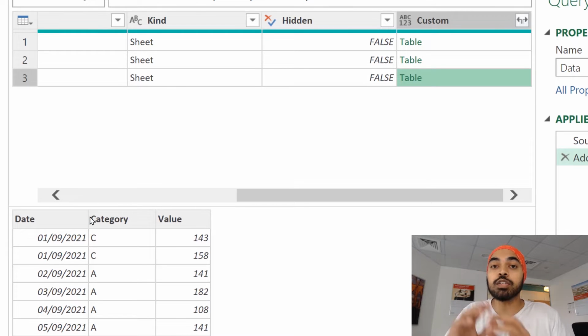The difference now in this particular table is that the first 2 junk rows are removed and the headers are promoted. Now, assuming that all the 3 tables in your scenario had 2 standard junk rows on the top, this would be a very easy way to just get rid of the junk rows on the top and just combine the data. Now that you have all the 3 tables right here, you can expand them and the data gets combined from all the 3 tables.